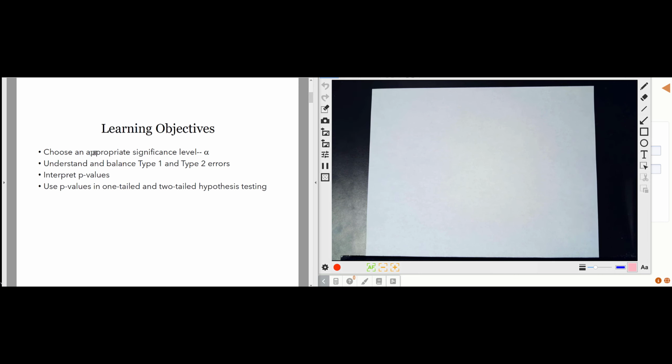Okay, so at a little finer level of detail, we're going to take a look at how you select an appropriate level of significance for your hypothesis test. It is true that 0.05 is kind of conventional, but that's not a good level to use in all possible cases. We're going to take a look at what type 1 and what type 2 errors are, and also how to balance